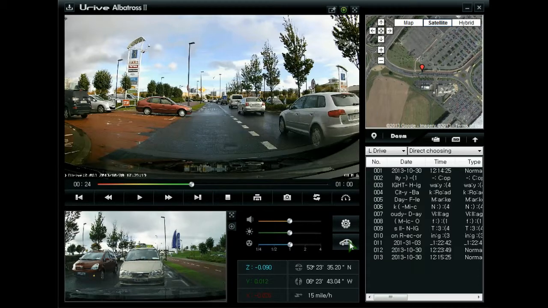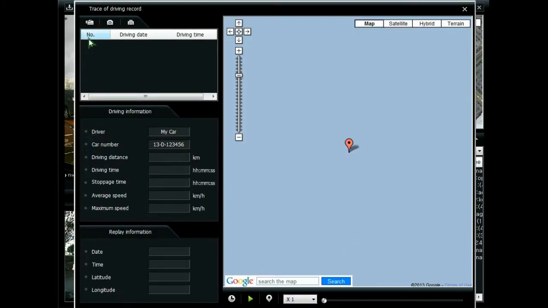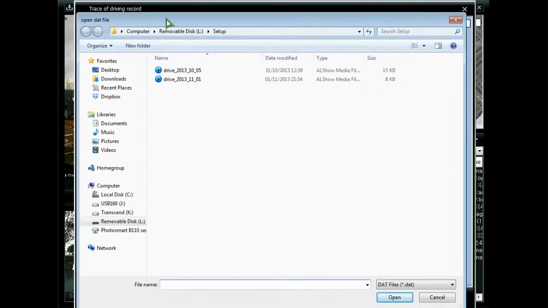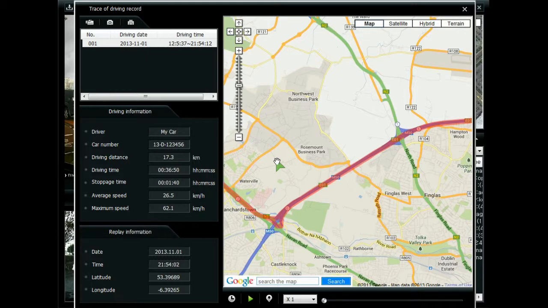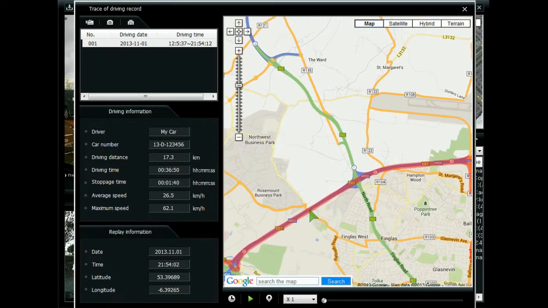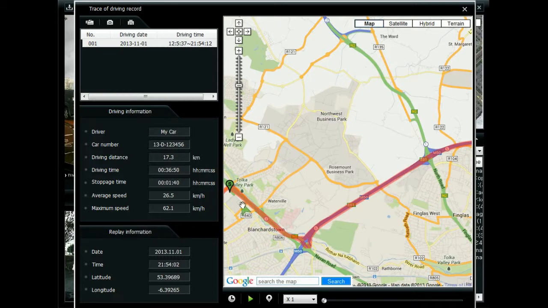For example, let's open and let's go to this, the removable L drive. This is the original micro SD card which I took off from the unit, and you can analyze here your driving path, and it shows me how much I drove today from point A to point B, all my driving path,